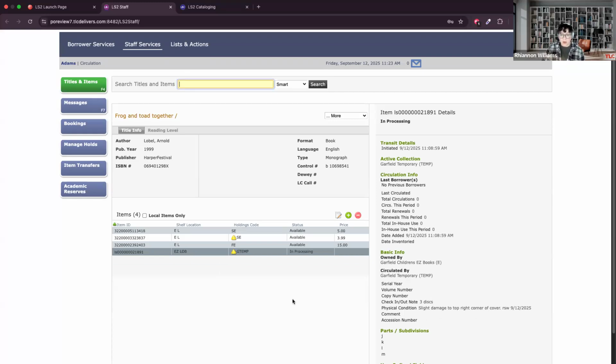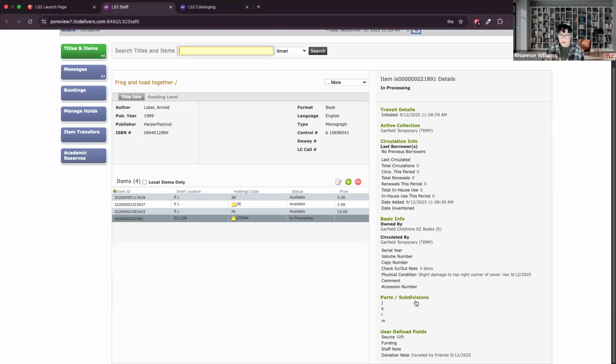So we have some options here. As I said, we've got our check-in, checkout note that displays down here. So you see that in the item overview, the item details, but you also see that when you check that in. I'll show that in a moment. And then physical condition note shows down here,